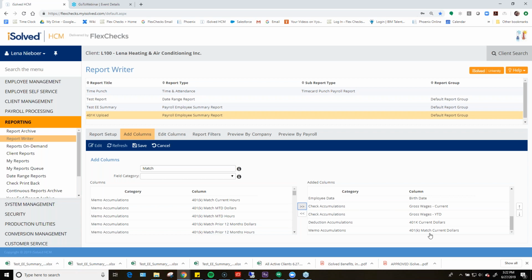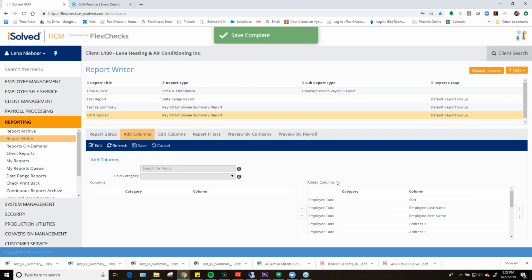All right, so now we have a pretty lengthy report that we have built. Let's say we have all the data here, but we want to reorganize it. Let's say we don't really need status way up here right by the address. You can select the field, and then with these arrows, you can toggle it up or down. So let's make status our very last. All right, that looks good. Now we'll hit save to commit the fields to the report,